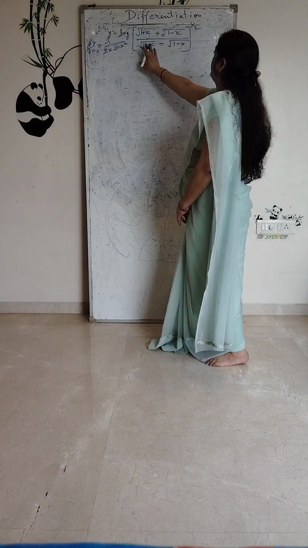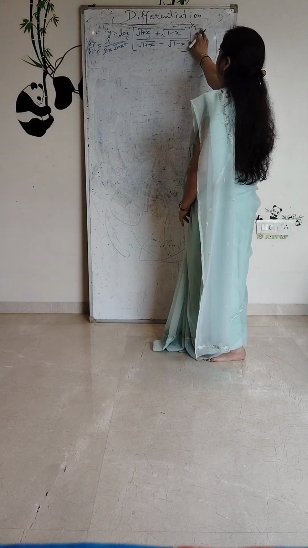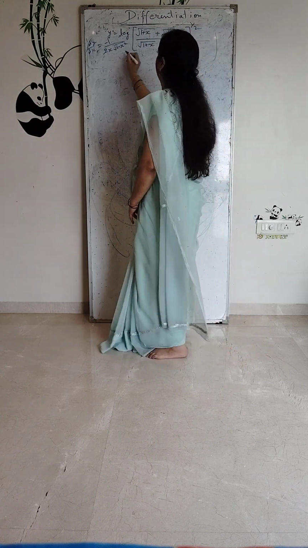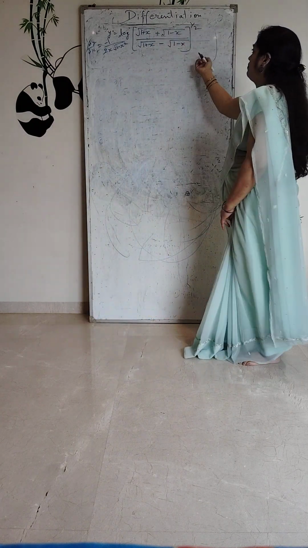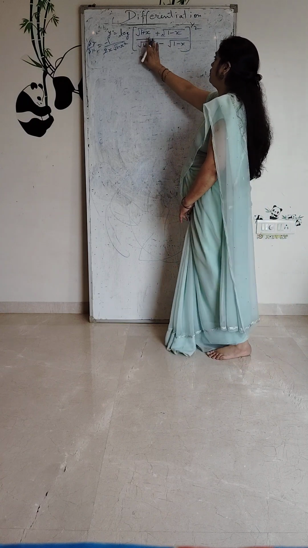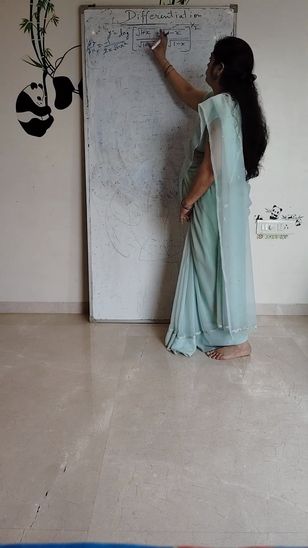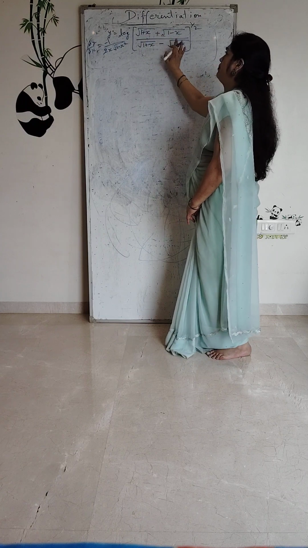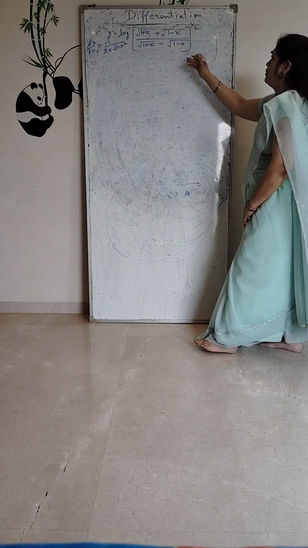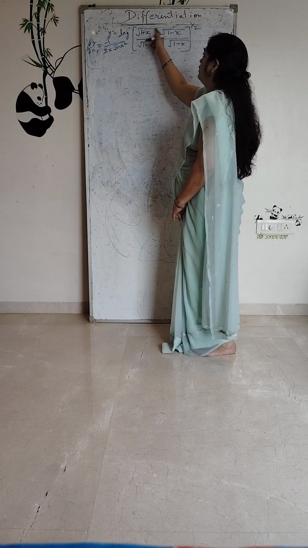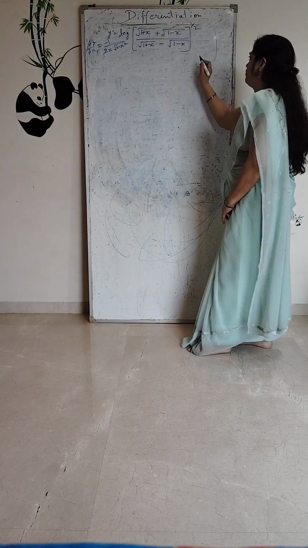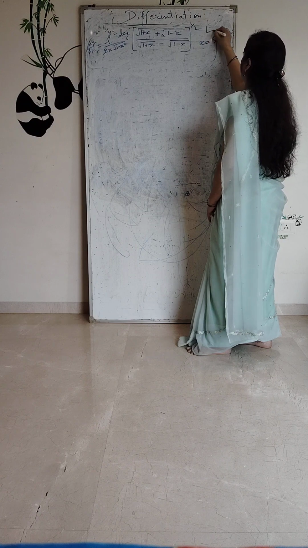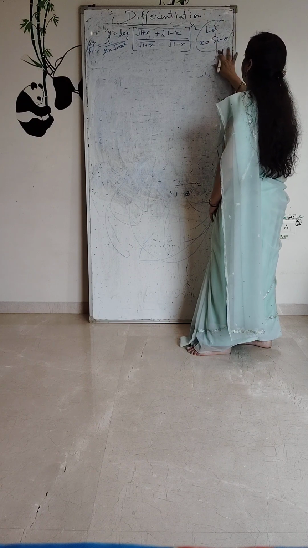Whatever the power in the logarithm, this whole power 1 by 2 will come in front, and we have 1 plus x and 1 minus x. We will try to reduce this. We will change it in some manner so that a root of a square comes. So to remove this root, we will put x equal to sine theta.